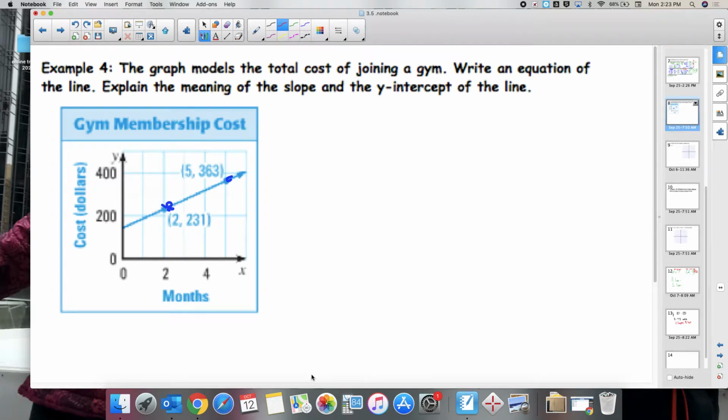All right, taking a look at 3.5, part 2. Example 4 says graph the models of total cost of joining a gym, writing the equation of the line, and explain the meaning of the slope and the y-intercept. So to find slope, as a reminder,